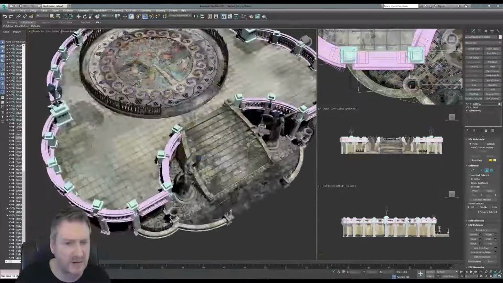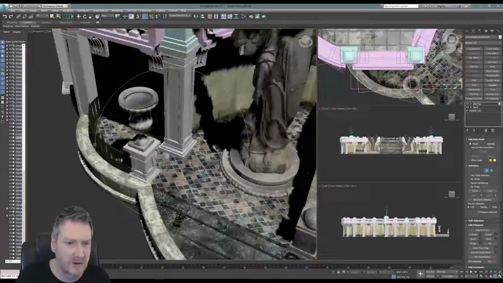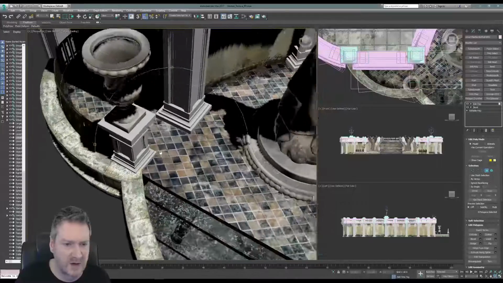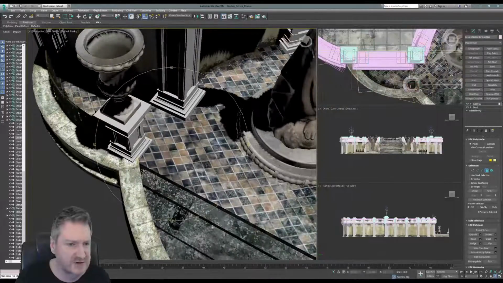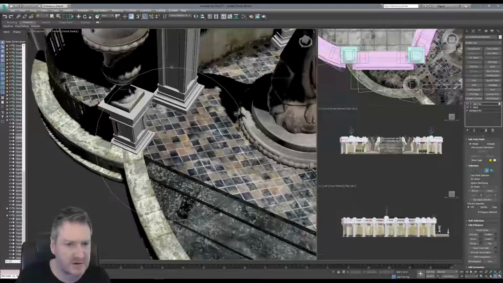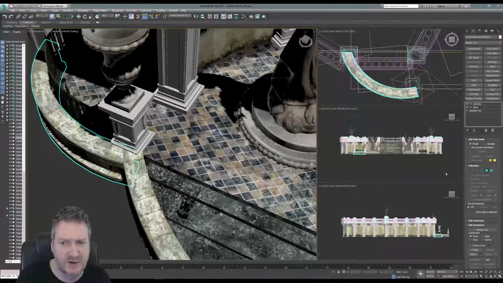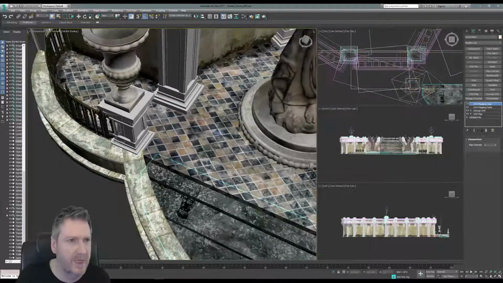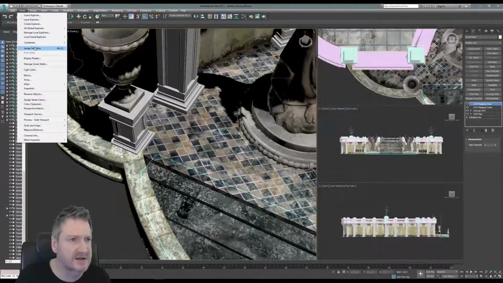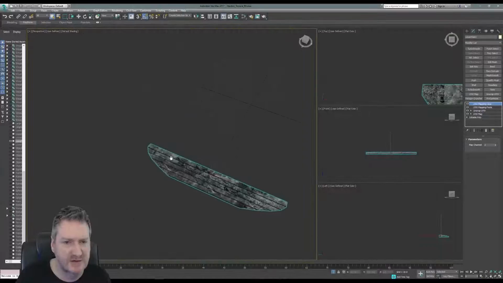That's fine there. And I'm noticing the edge of the step here finishes just a little short, so what I think I'll do is I'll isolate these stairs, turn off polygon selection there. So if I isolate the steps so I can see exactly what's going on here,